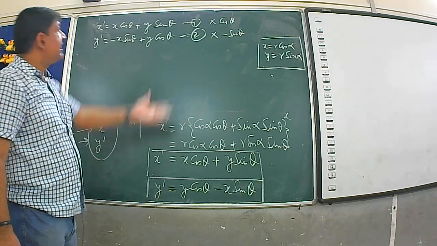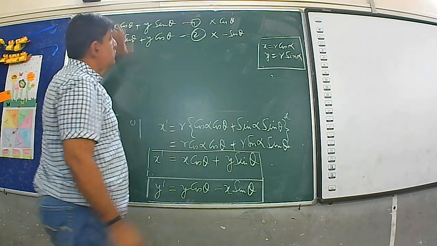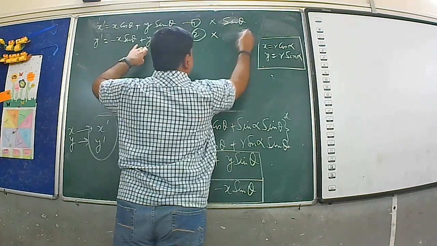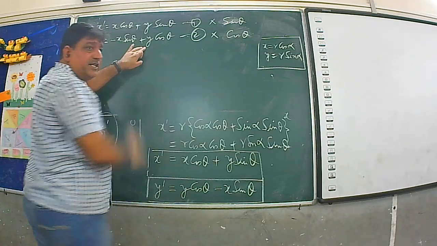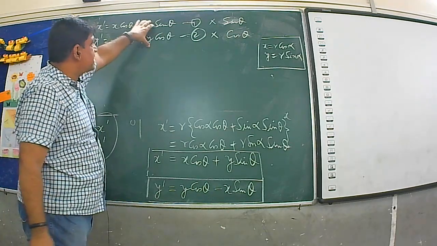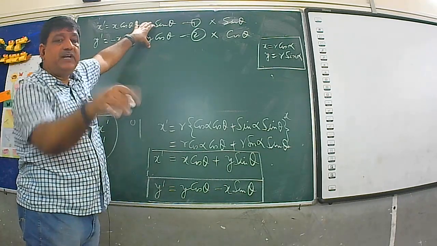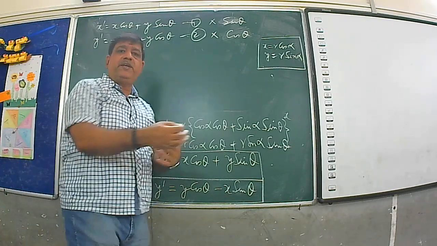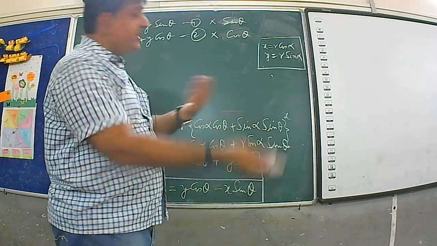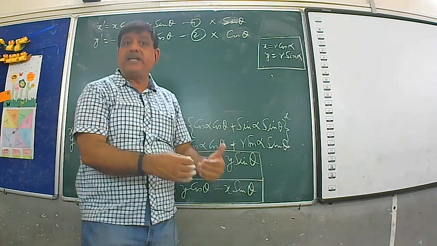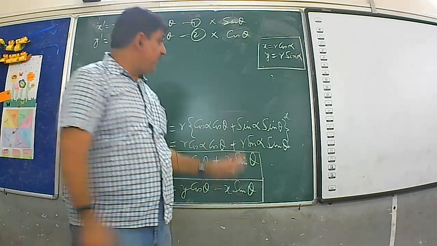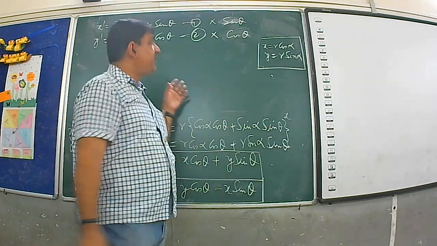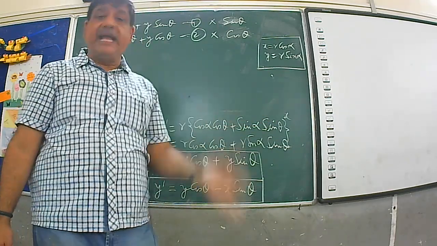Similarly in the next case, try to cancel the term containing x. So for the first you should multiply by sin theta and for the second you should multiply by cos theta. Now if you multiply these two and then add, you will find that this term cancels out. You will have y in the bracket and in the bracket you will get 1. So x and y you will get in terms of x dash and y dash, and x dash and y dash you will get in terms of x and y. In this way we can find the rotated coordinates after rotating our axes by a particular angle.